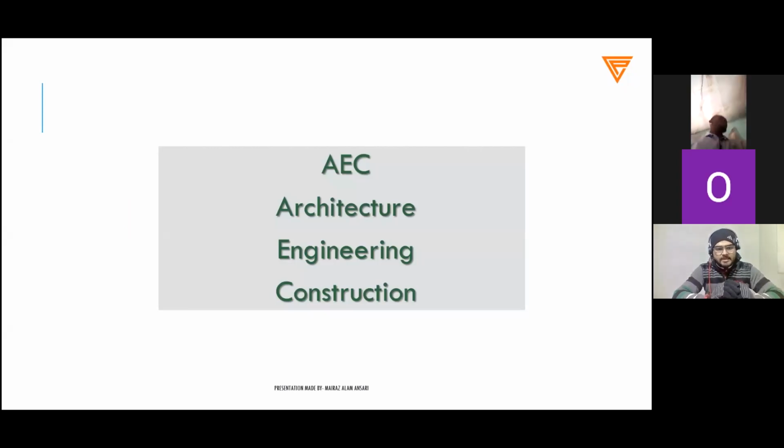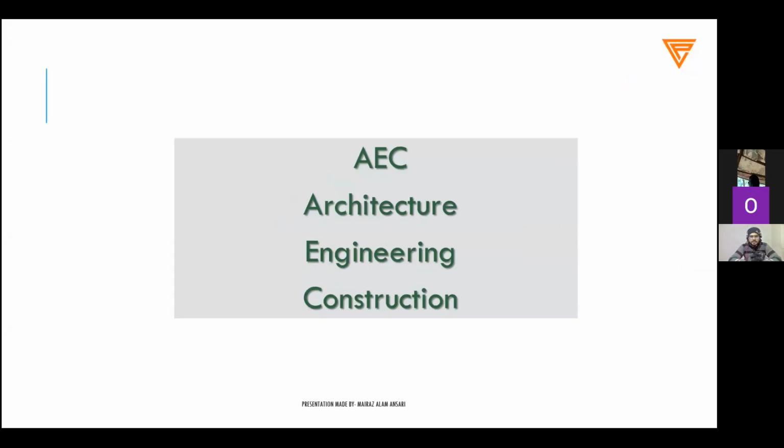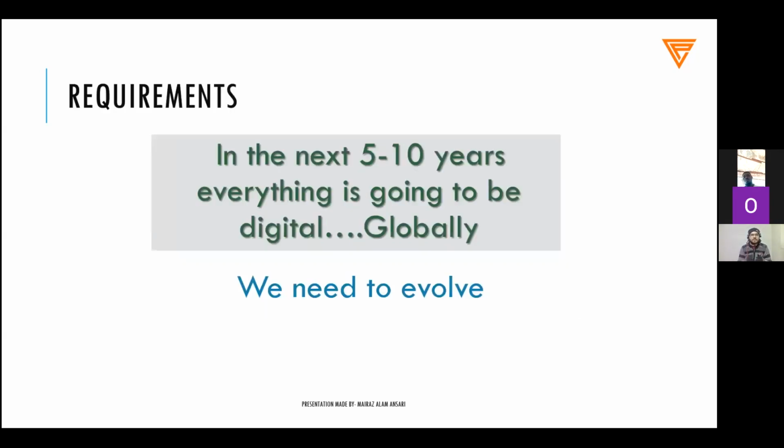So AEC, I'm going to use this term a lot in this webinar. What is AEC? AEC is an abbreviation. It stands for Architecture, Engineering, and Construction. So whenever I say AEC, you can directly understand that it means Architecture, Engineering, and Construction. Whenever we are talking about the overall process of BIM, we are not only talking about construction. We are talking about architecture, engineering, and construction. There are different disciplines, and we are talking about all of those things.